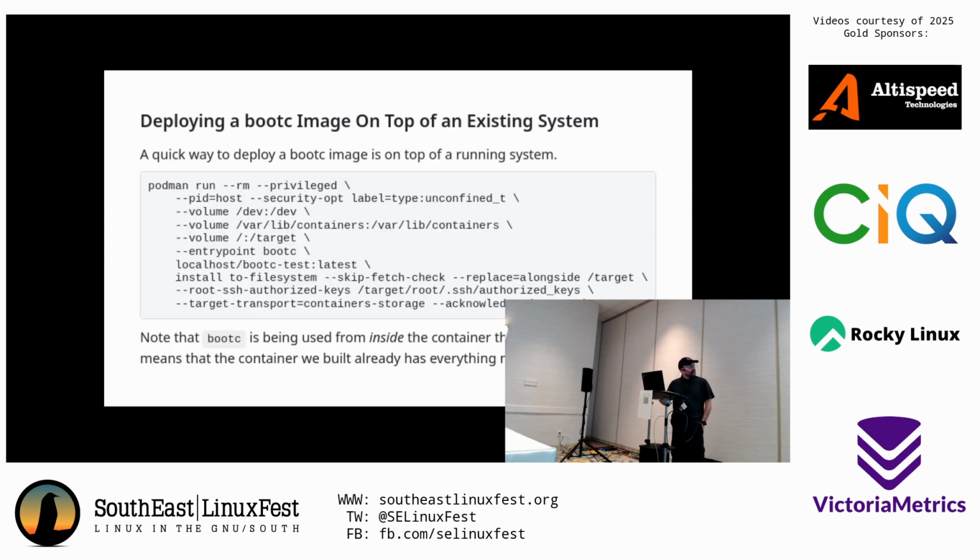So this doozy of a command here, this is how you would deploy this on top of an existing system. We talked about this, or I mentioned it briefly earlier. I won't go over all these options, but there are some important ones. You can see that on the lines for the volume there, we're linking the host dev devices to dev in the container. We're mapping varlib containers into varlib containers inside the running container, and we're mapping the entirety of slash